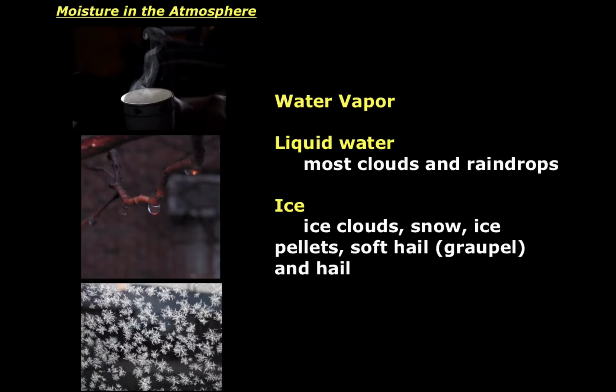Now, one of the cool things about Earth's atmosphere is that the only substance in Earth's atmosphere that naturally exists in all three phases, that's a solid, liquid, and gas, is water. In fact, it's pretty amazing. Earth is the only planet that we've discovered so far that has that property. Now, I think you're all familiar with the three phases of water. Everybody has seen liquid water. I mean, we have to drink it every single day, so this is no surprise.